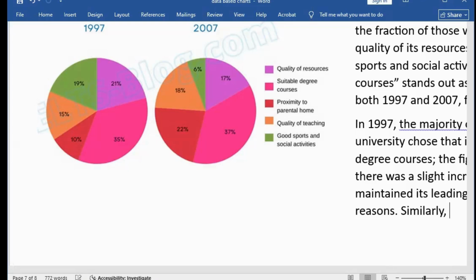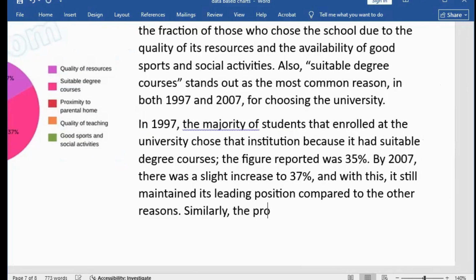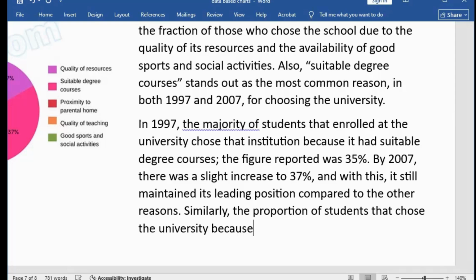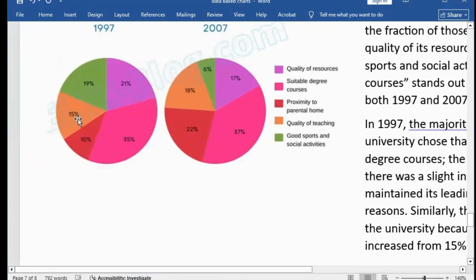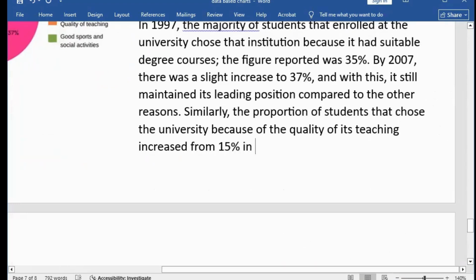Similarly. Can you see the way I've written it? Similarly. Okay? The proportion of students that chose the university because of the quality of its teaching increased from 15% in 1997 to 18%